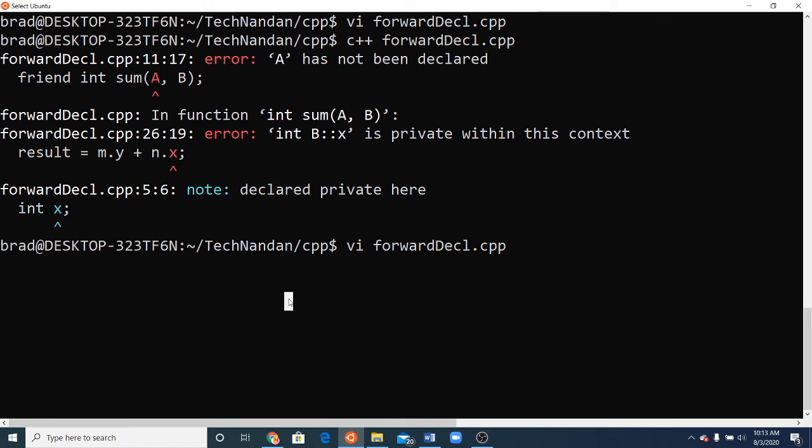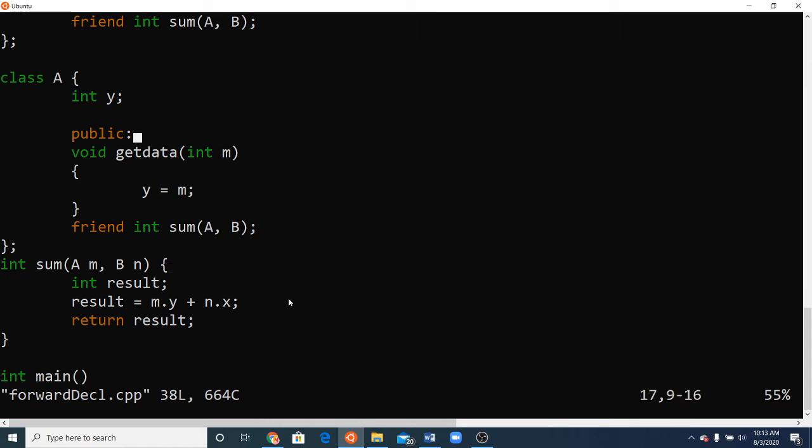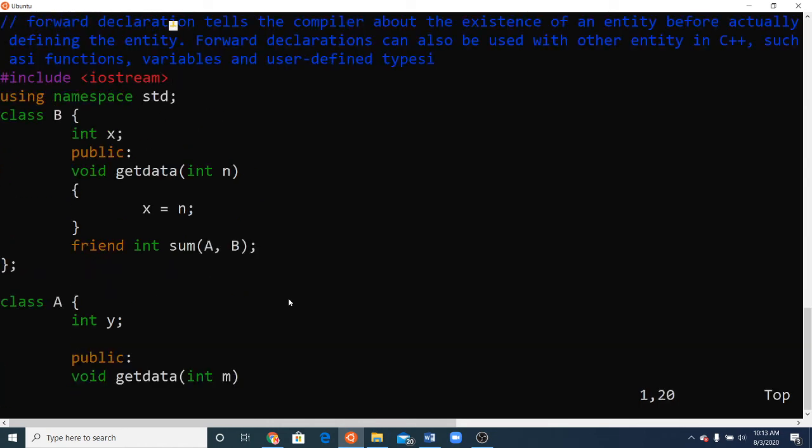Why this error and what will be the solution, I will explain. So guys, in C and C++, compilation starts from top to bottom and execution starts from main. Here the compilation starts, B is present. The error occurs because of this line. Here B is present but A is not present before using the sum function. So that shows A is not declared. The definition is present, but the compiler does not know where A is.